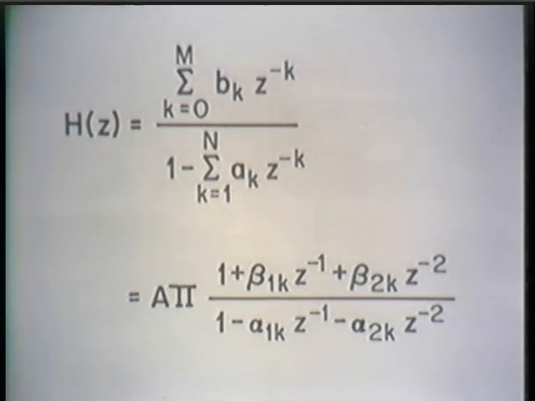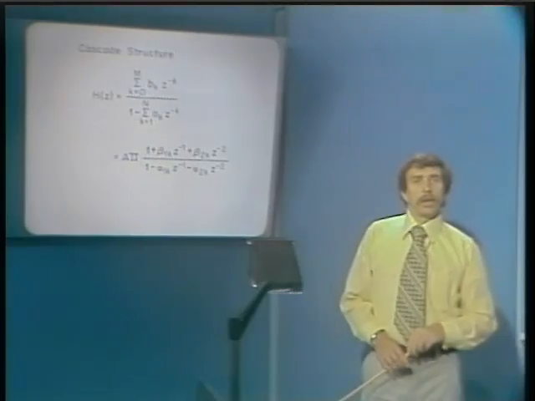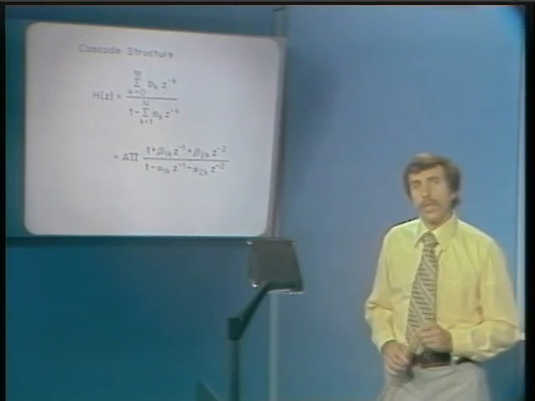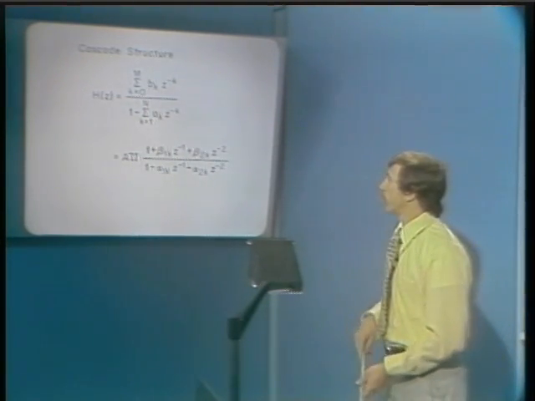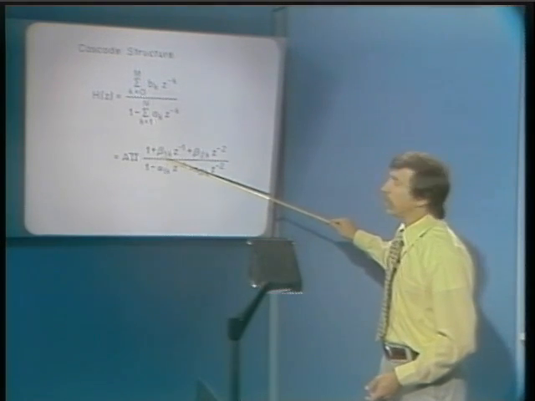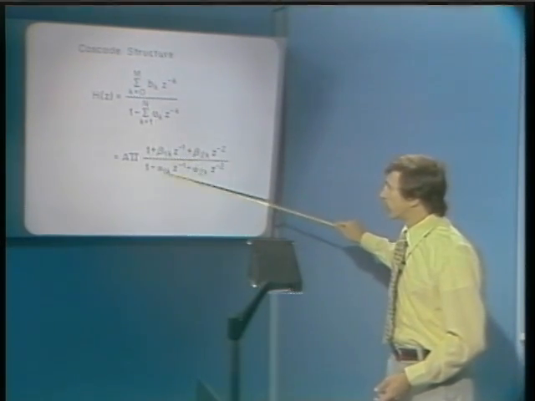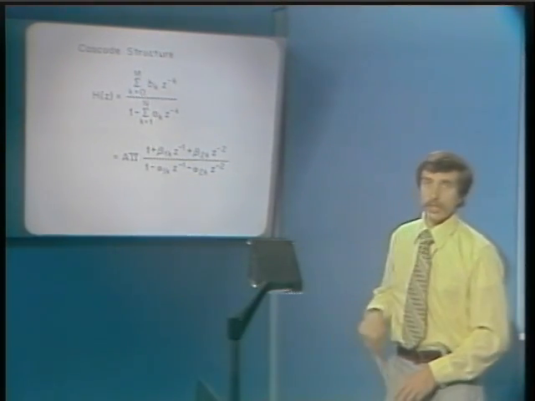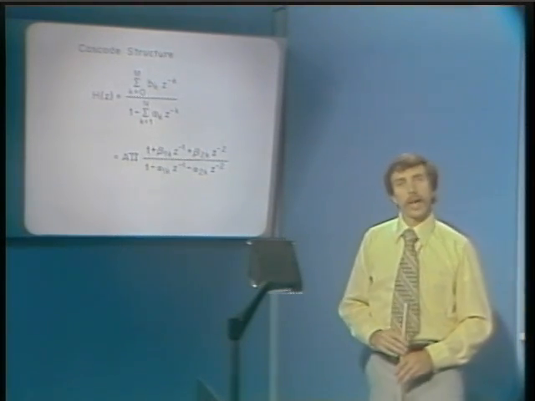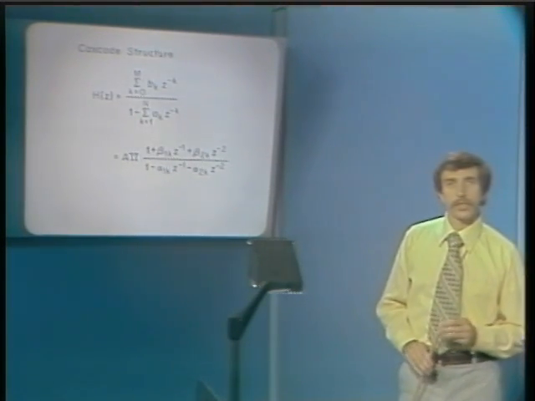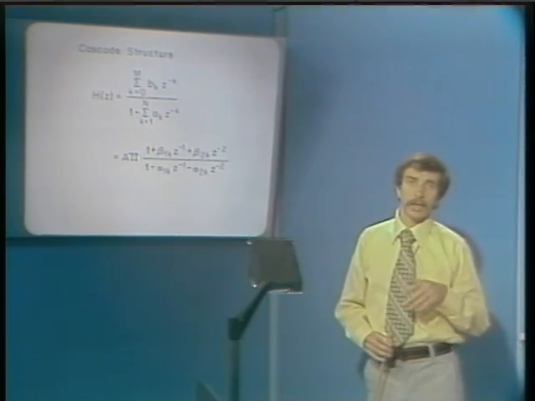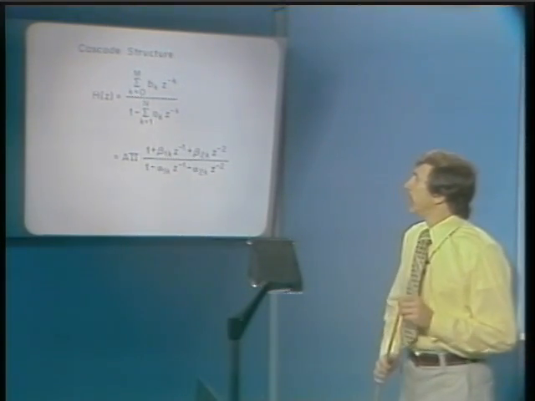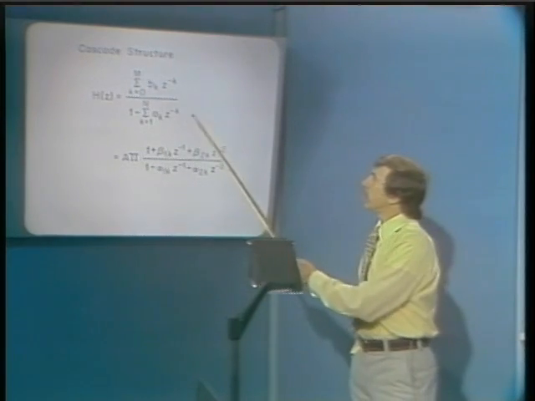Well, first of all, why might we want to do this? There actually are a variety of reasons for perhaps wanting to consider an implementation of the transfer function in terms of a cascade of lower order systems than the general nth order system. One of the more common reasons, which I'll have more to say about at the end of the next lecture, but I'd like to at least allude to it now, is the fact that any time we implement a